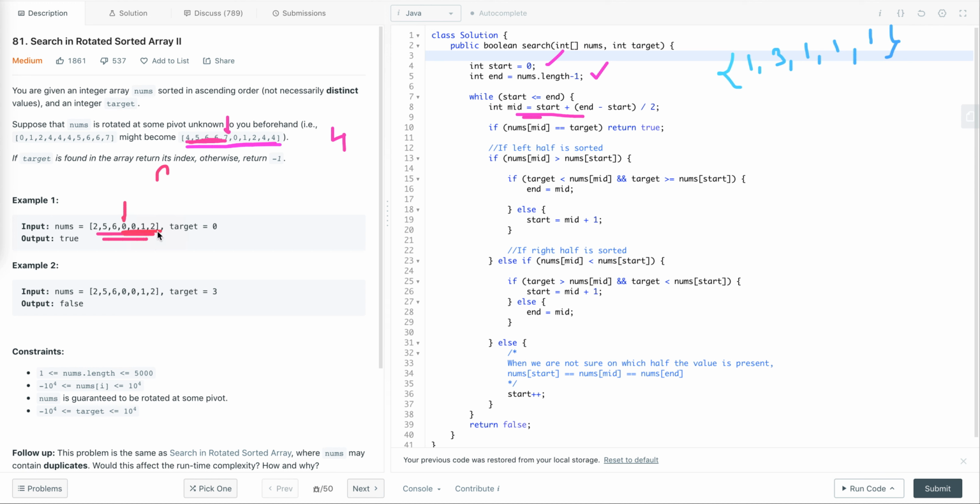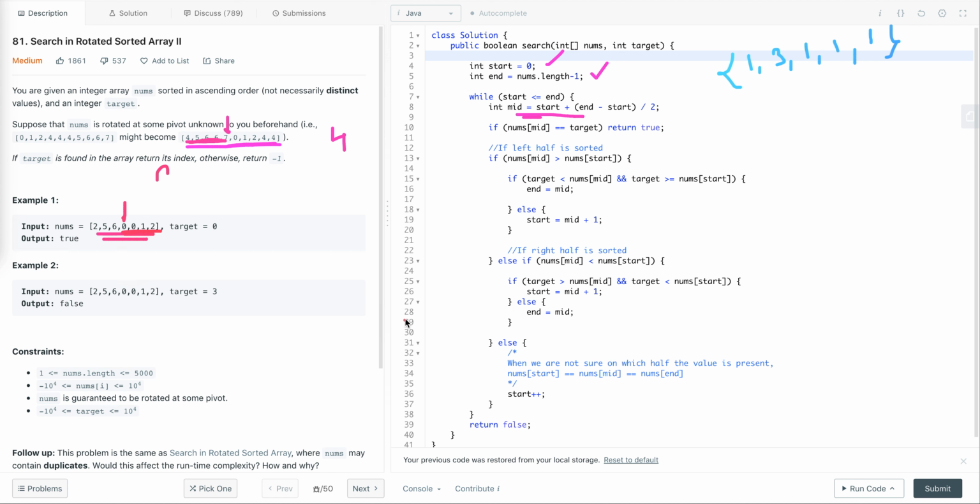Now our algorithm is, when we compute the mid and if the target value is equal to the value present at mid index, we simply return true. Else first we check whether the left half is sorted. When we compute the mid, we have divided the array into two halves. So first we check whether left half is sorted.